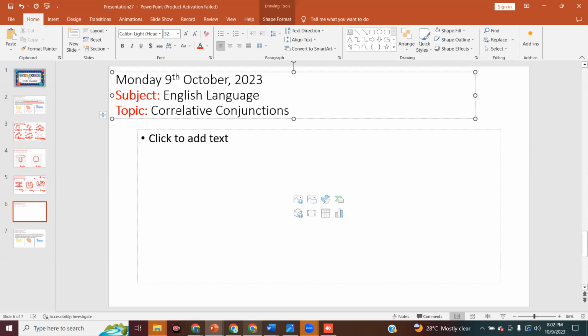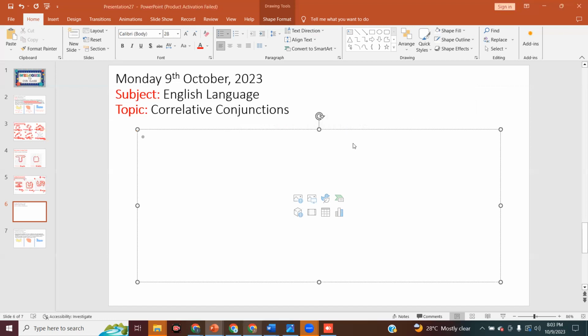Okay. So we know regular conjunctions and what they do: the FANBOYS, for, and, but, and stuff like that. But now we're going to be looking at correlative conjunctions, and they work like pairs, okay? So let's define it first. Write this down for me, please. Correlative conjunctions